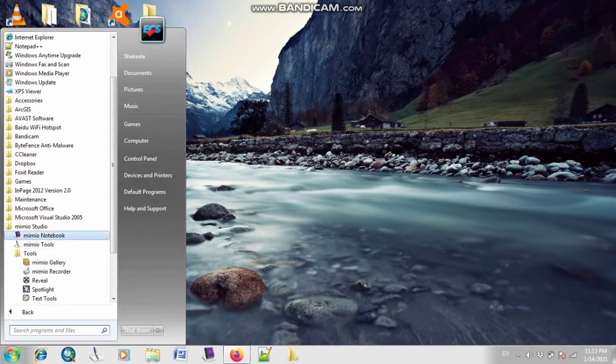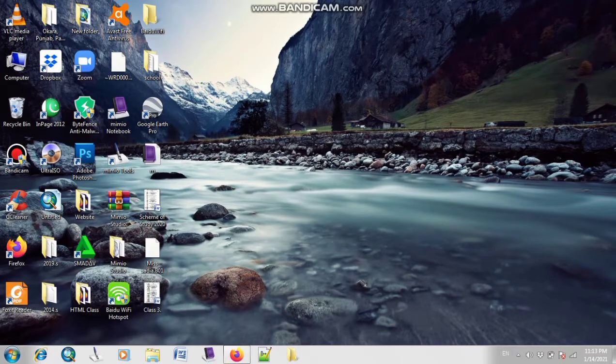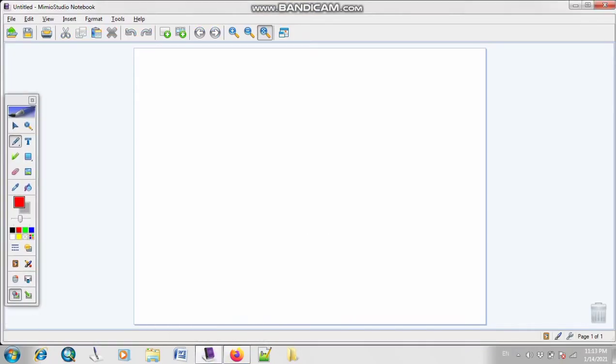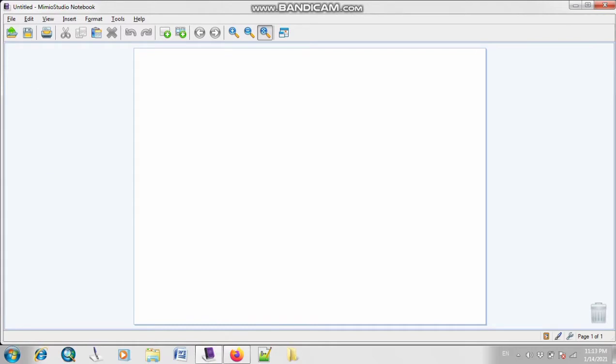So first of all, I'm going to open Mimeo Notebook. So I have just simply clicked, and the setup is here. Okay, so basically this area is known as your Mimeo Notebook. This is basically a notebook, as you have different copies or books in front of you, and you can write many things, or you can draw different things. You can write anything on this notebook. So now the most important question is how you can write on your book or copy, whatever you are using.